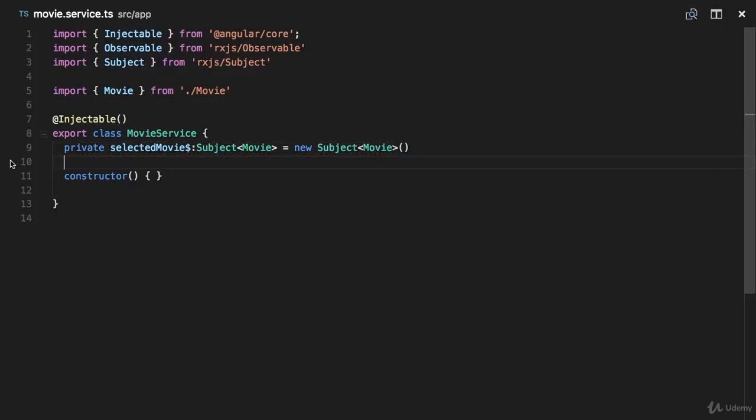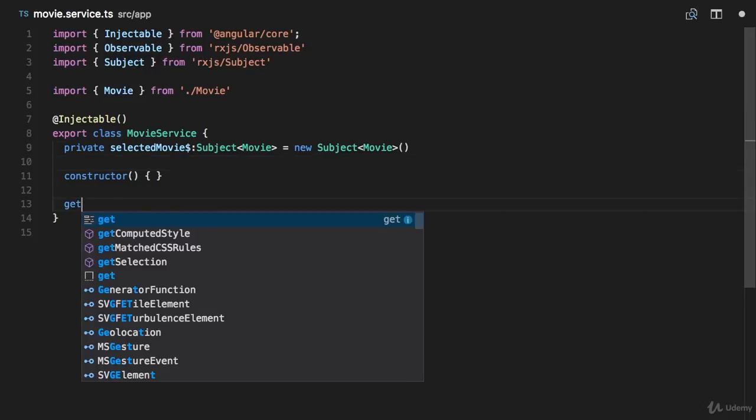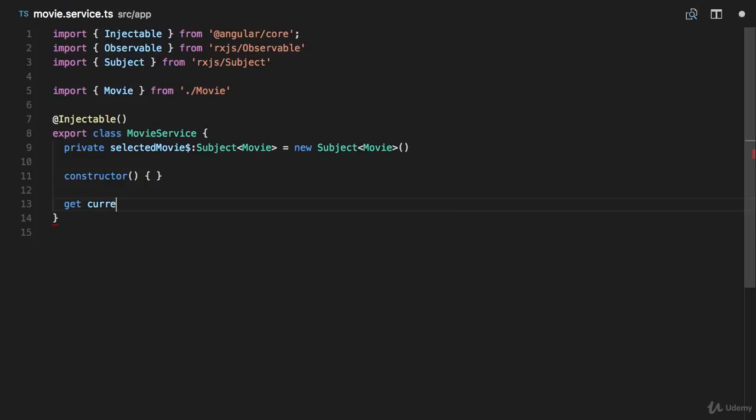Then we'll also make a get function for current movies, and this is so that it can be accessed outside of our service. Get currentMovie, and that's just going to return our selectedMovie$,